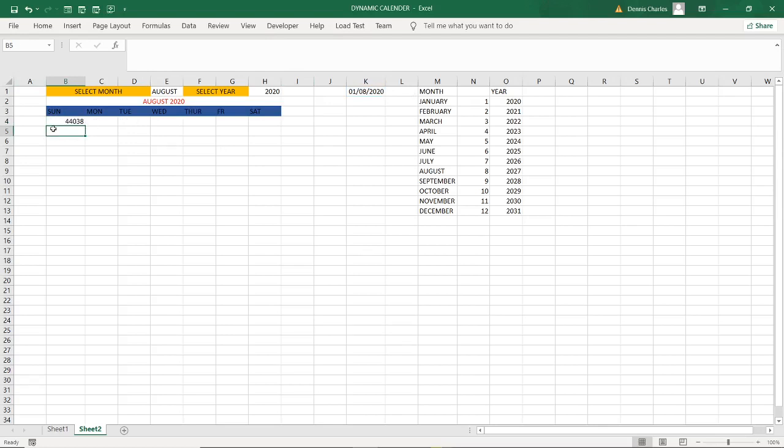Now what to do, you highlight where you want your calendar to be. Remember, for a calendar you have to calculate and know how many days you have, like 6 times 5, so I go like here, 1, 2, 3, 4, 5, up to here.